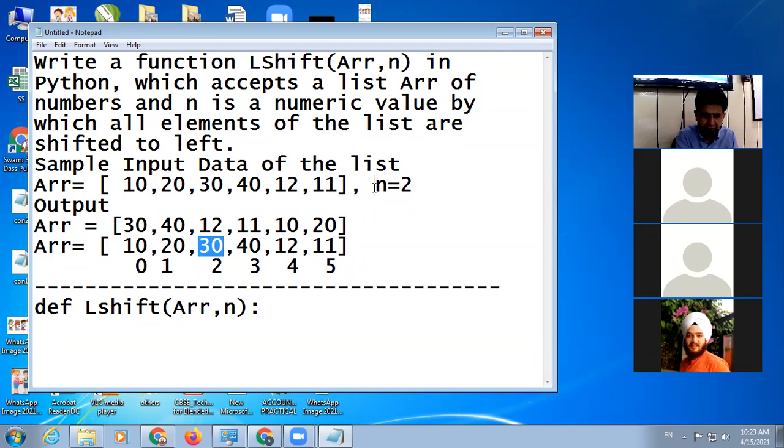So if n is 2, automatically it will be shifted.